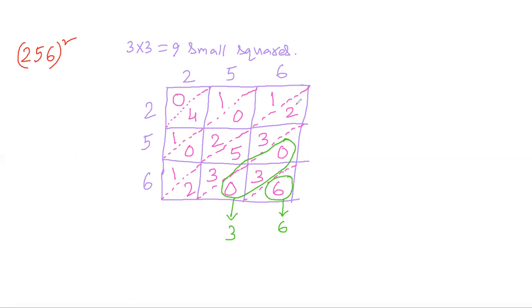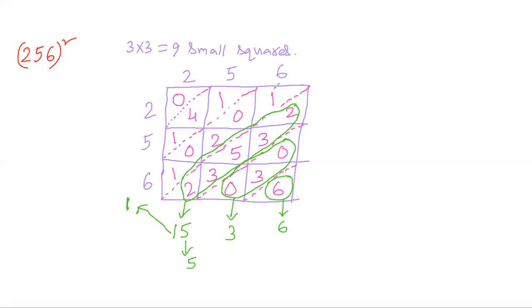Now we have to take the next diagonal and add its digits. What are we getting? 2 plus 3 is 5, 5 plus 5 is 10, 10 plus 3 is 13, 13 plus 2 is 15. So we are getting 15. Since this is a 2-digit number, from 15 we'll consider the unit place digit 5, and the one digit we have to take in this place as carry. This will be the carry.